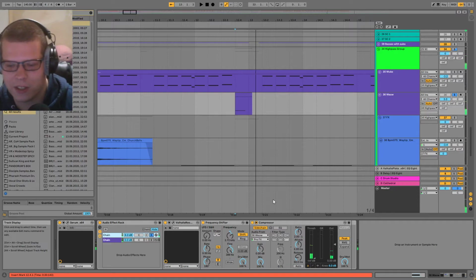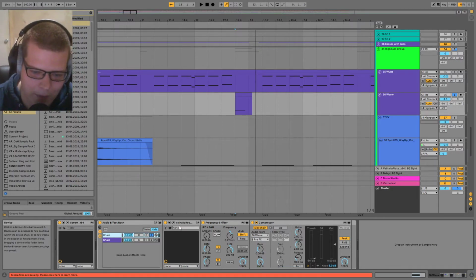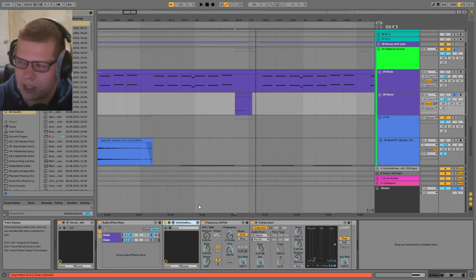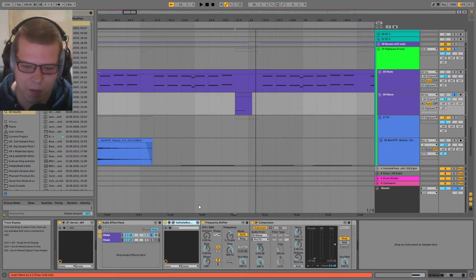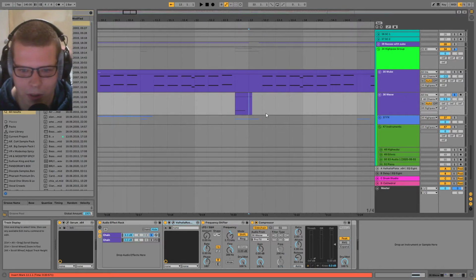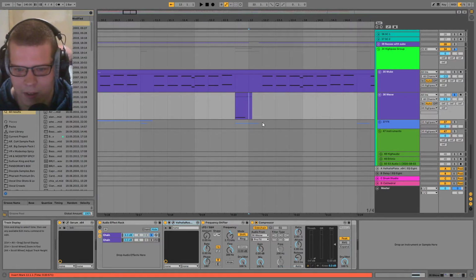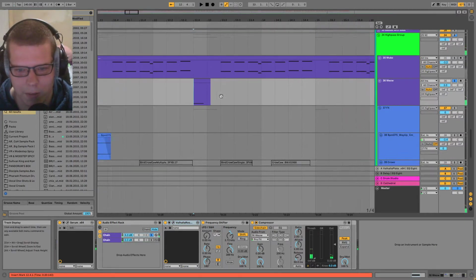Huh, it's interesting that I've got this chain here completely just to add some high stuff. And this is a cool trick. I know Valhalla Shimmer essentially does this in itself, but if you don't have Shimmer, then you can use a reverb and then put a pitch shifter after it, and it'll add more of a spectral or ethereal kind of tone to your delay. Or not delay, reverb.